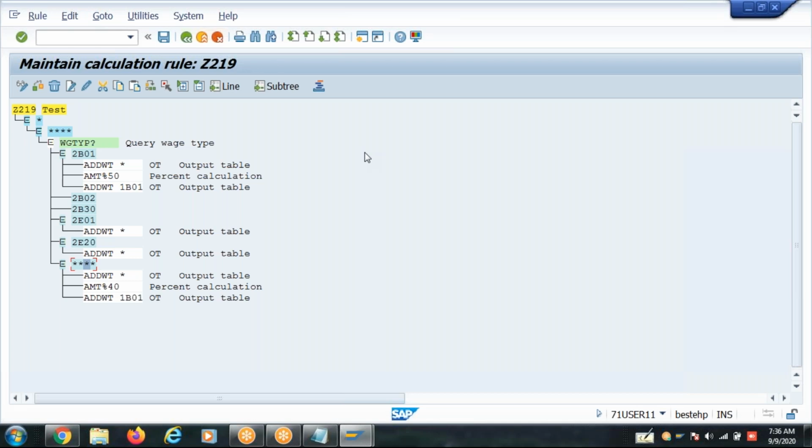Suppose you are creating other new waste types with a naming like 2D or 2E, 2F, 2G series. All those waste types go to four stars. Some of them are not relevant in this calculation. So then this rule will fail. Every time you create a new waste type, you also have to manage this PCR. You have to modify this PCR accordingly, right?